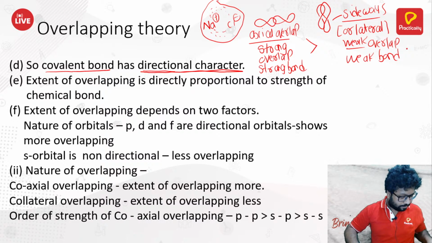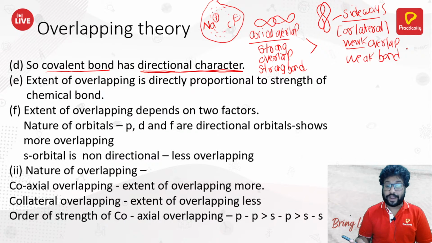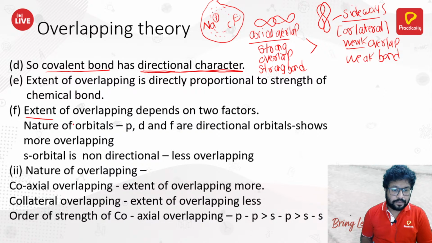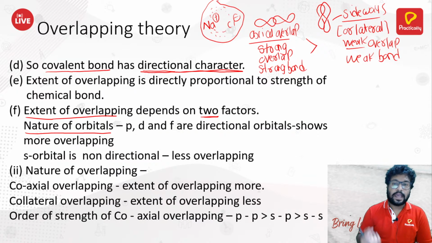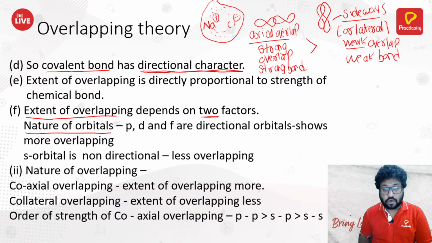Okay, extent of overlapping depends on two factors. So let's talk about that. Your extent of overlapping depends on two factors. What are two factors? First is nature of orbital. So there are four types of orbital, as you know: S, P, D, and F. Out of these four, your P, D, and F,